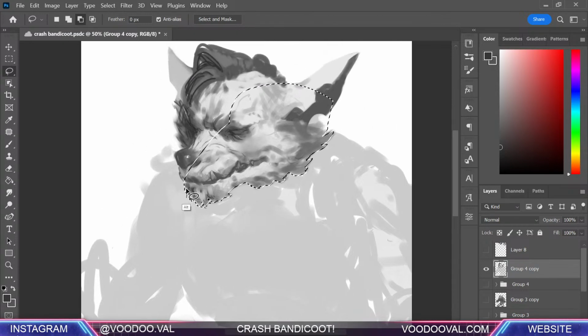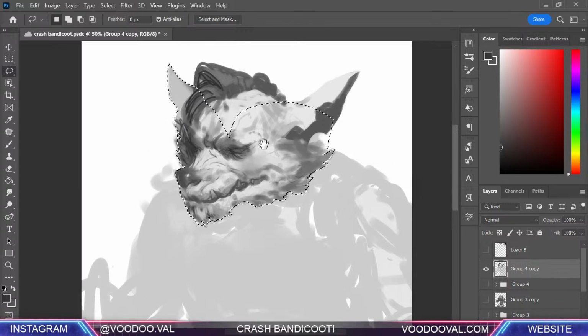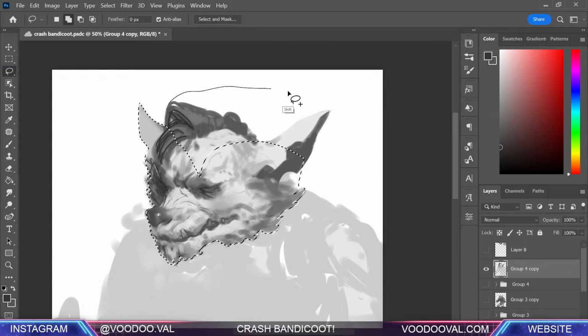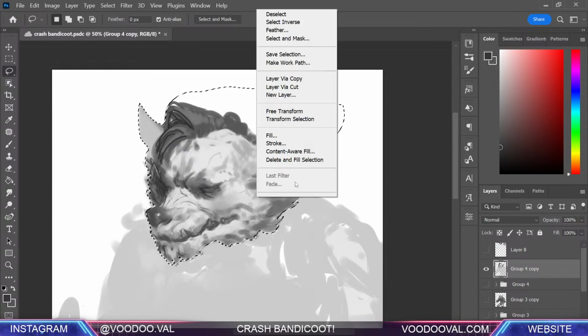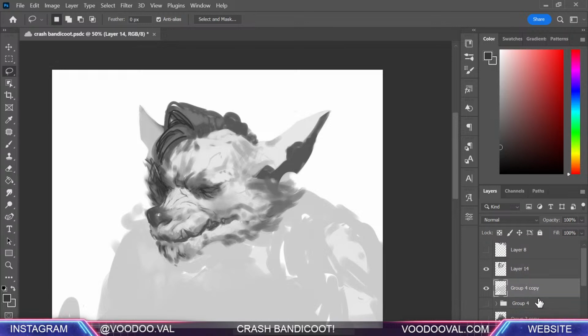Just to make sure he's separated, because I do want to start adding values and stuff for the body separately from the rest of his head, so that I can get a good painting underneath it accurately. I guess this doesn't really matter, honestly, because it's above. Yeah, so with that separate now,